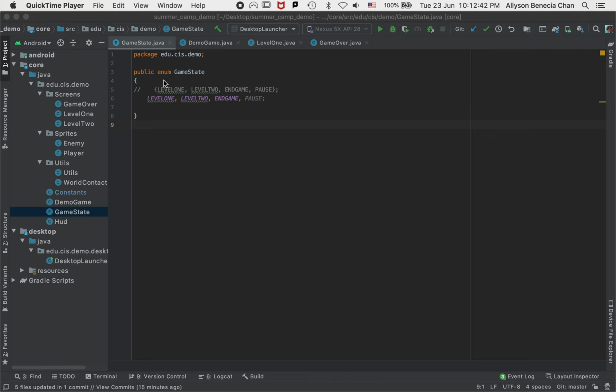kind of thing. Now game states here are going to be checking exactly what the state of the game is. So if they're on level 1, if they're on level 2, if the game's paused and you have a menu, stuff like that. So for now since we've made 2 levels before, we should add those in, and we should also add in an end game. End game is going to be the game over screen, and it's also going to be the